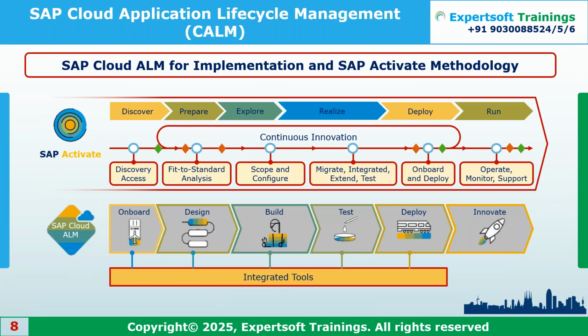So in the build phase, these tasks are assigned to the different development teams. Let's say for the ABAP team or the BTP team that we assign, where they can have their configuration done and do the unit testing via the test management, where they can have their own test cases for the functional specifications or technical specifications designed for it. So once they have the test cases done in the development environment, that can be deployed to the further consolidation or quality environment, where a set of test cases can be made ready for the functional teams,